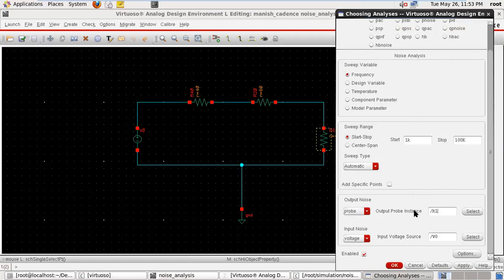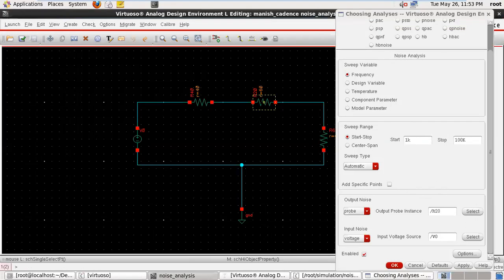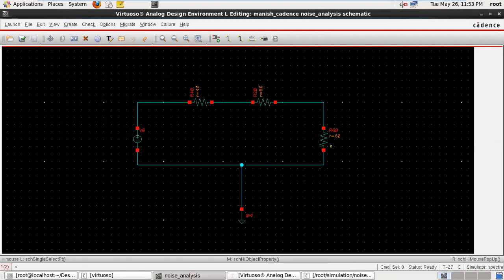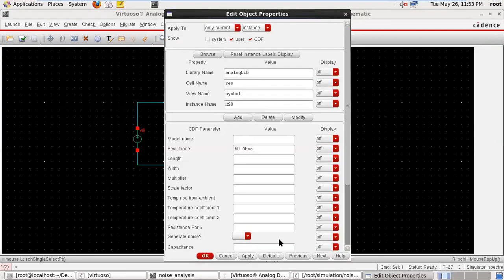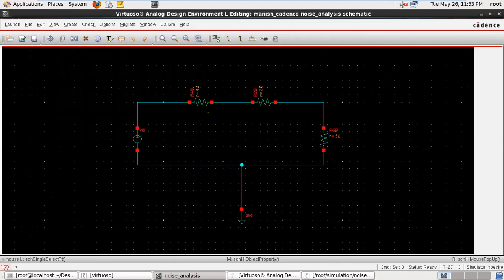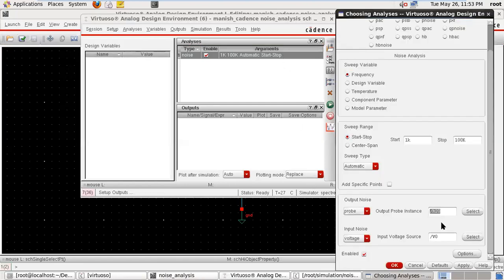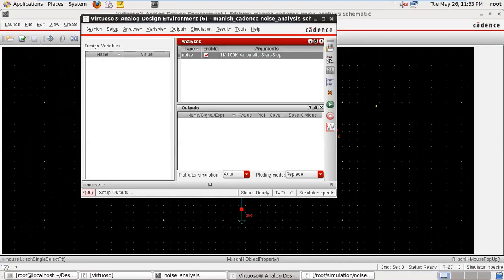So now we are selecting the probe. Select the resistance R20, and the output as voltage, then apply. Just check the value of this resistance. This resistance is 20 ohm. So this is 40, 20 and 60. Apply. And in the ADEL window we have taken the value as 20 ohm. Now run the simulation.